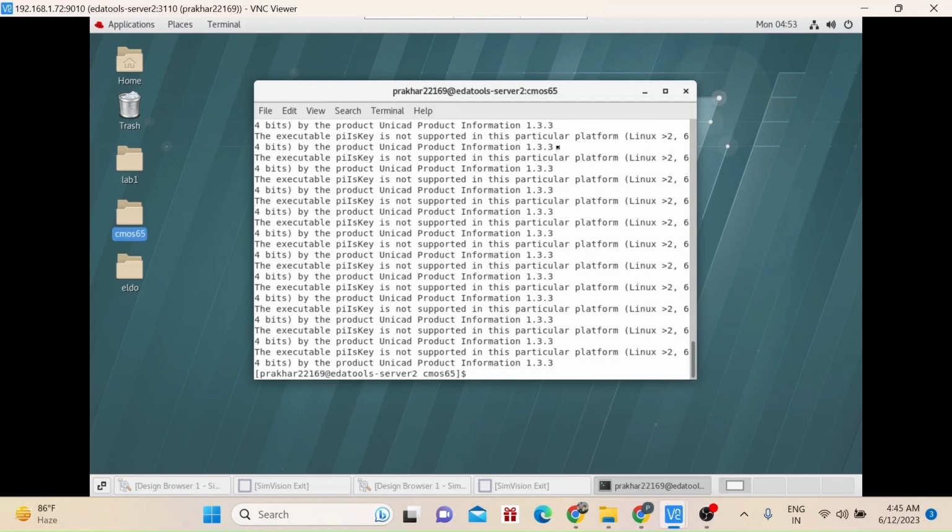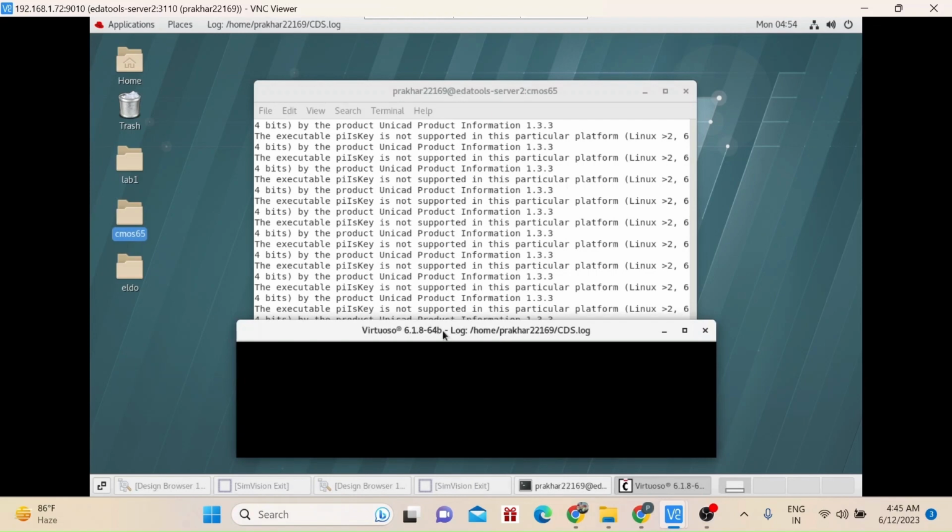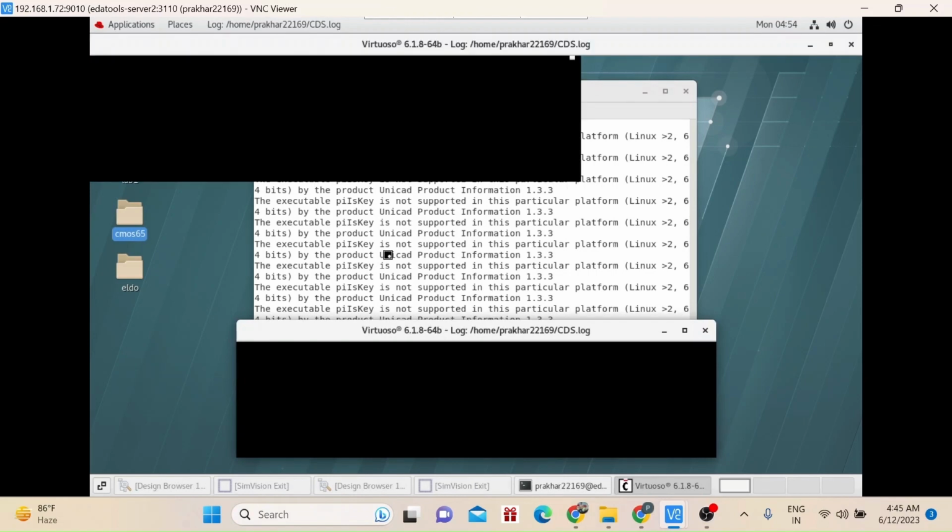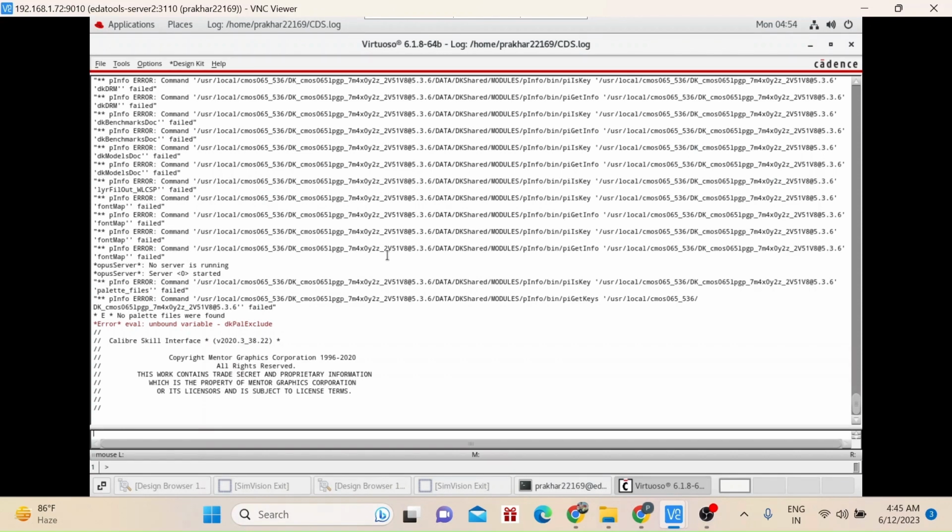After that you should write virtuoso &, that is the command. So when you execute virtuoso &, it launches the Virtuoso server process in the background, allowing you to continue to use the terminal for other tasks. Just enter here. So this is the log file. Basically this log file contains detailed information about specific events, errors, warnings and activities that occur within a system or application. So it is basically used for monitoring.